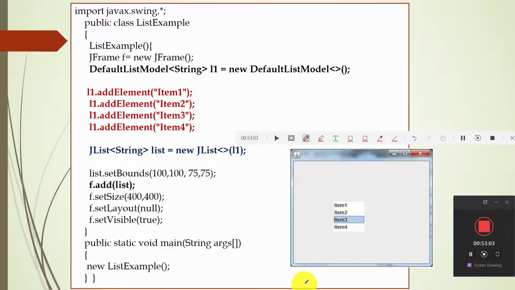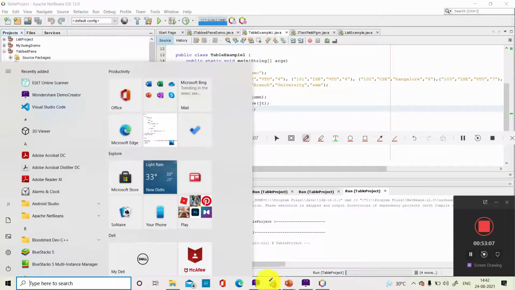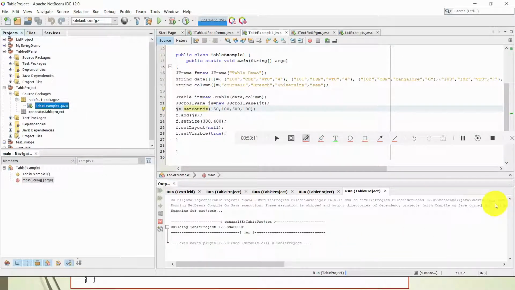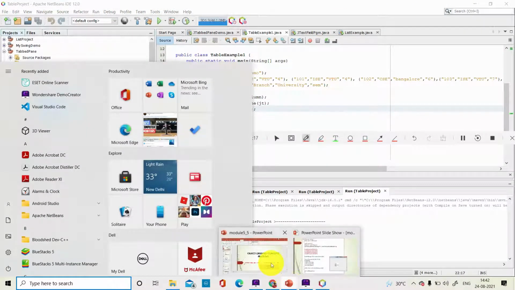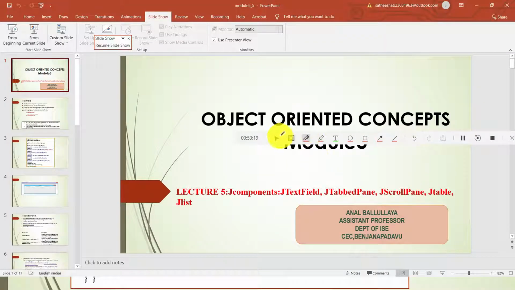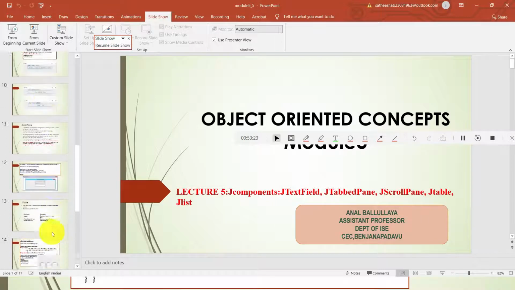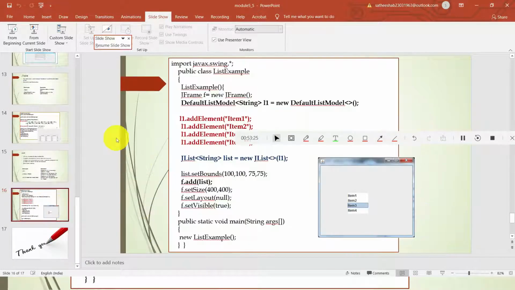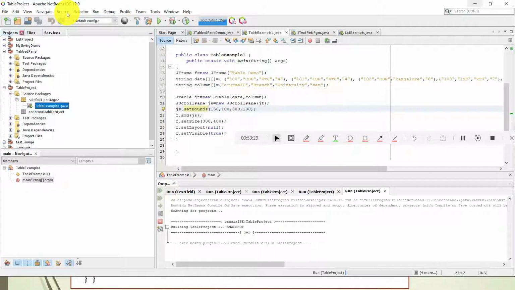So I'll open my last program here. After this we'll see the program once.